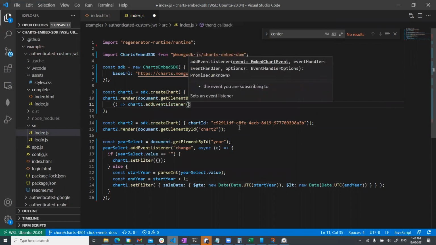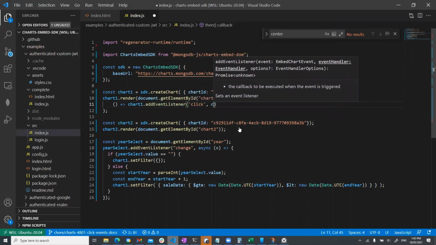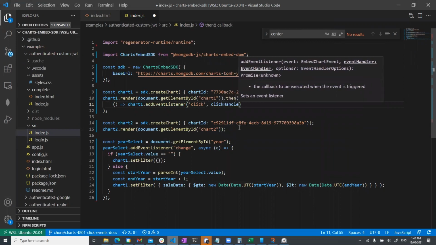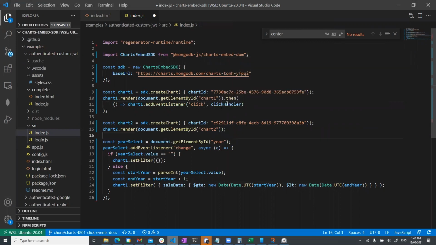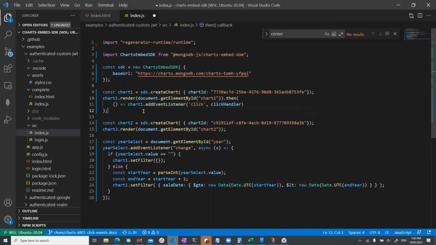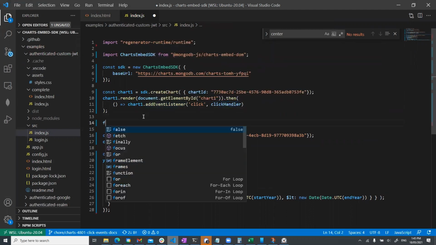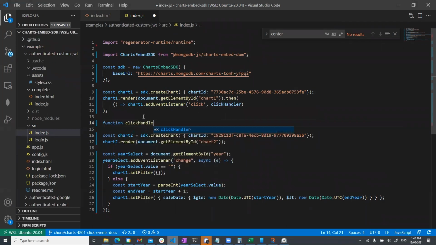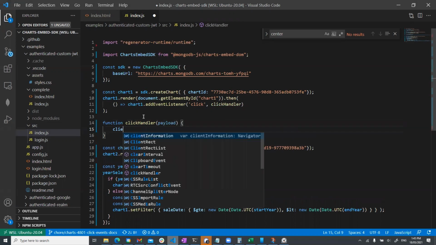chart1.addEventListener. We want to add the event called click, and we'll call it clickHandler. So what this is saying is that basically we want this click handler code to run every time someone clicks on that first chart. So now we've got to define what clickHandler is. So just go and build a function clickHandler. It takes a payload object. And now we're going to say simply